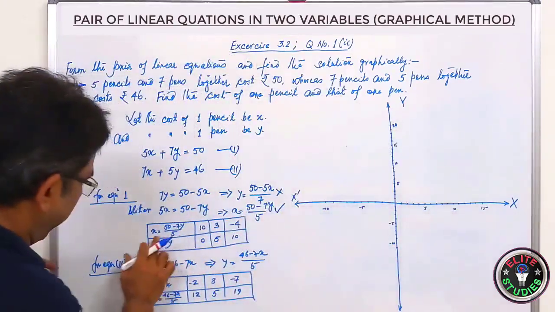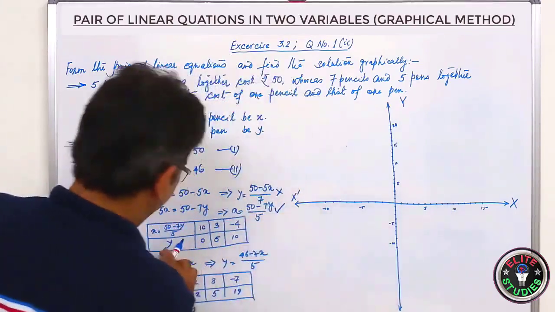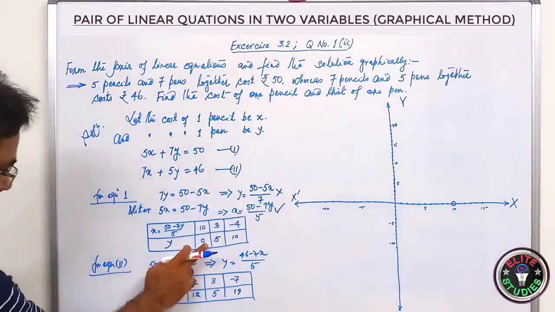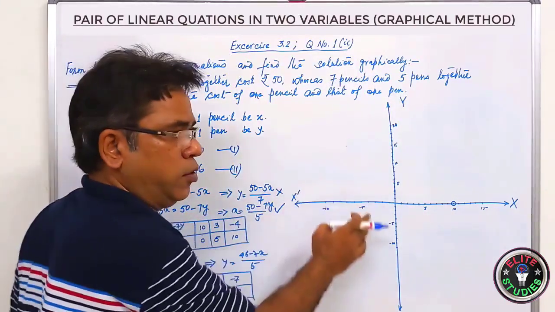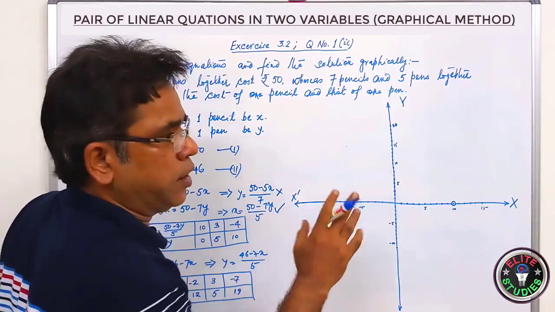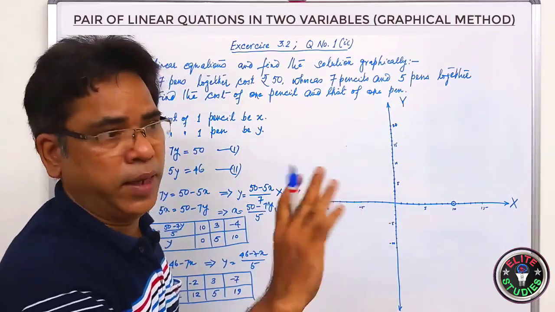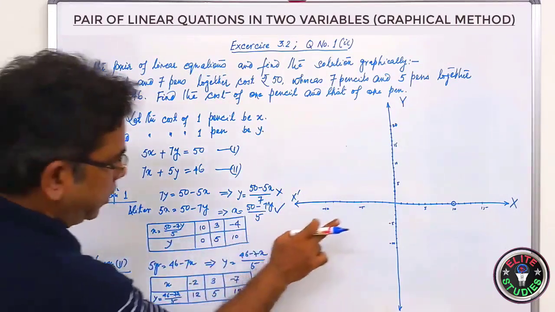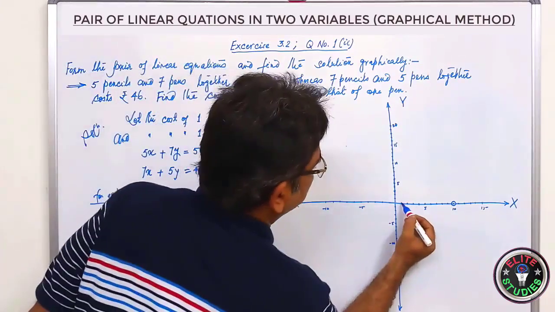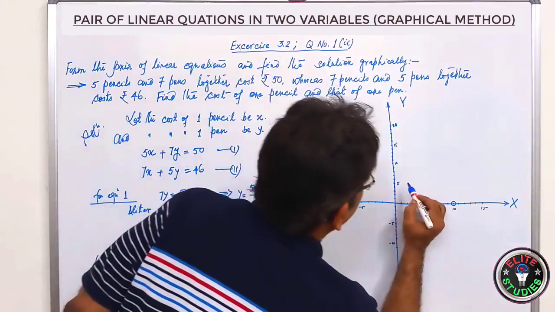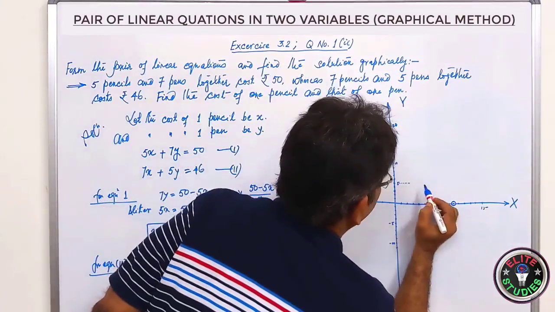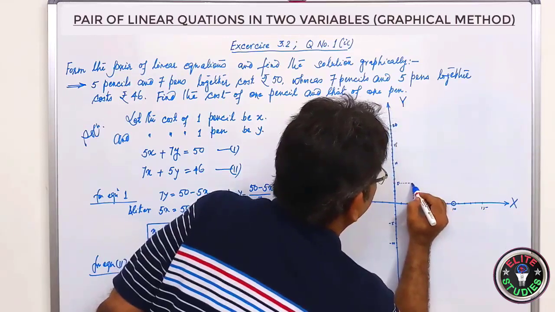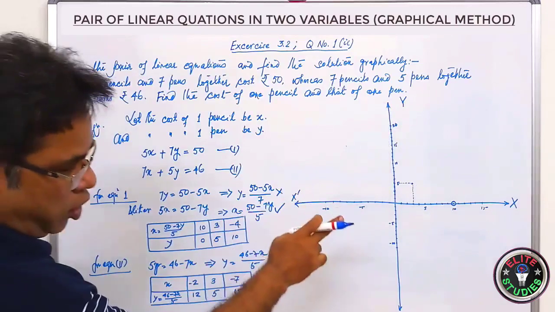So here x is equal to 10 and y is equal to 0. So this is the point. Remember one thing, whenever you draw a graph like this, the pencil should be sharp, otherwise you will get a confusing result. Now x is equal to 3 and y is equal to 5. X is equal to 3, 1, 2, 3, and y is equal to 5. So this is the point. We have got 2 points.